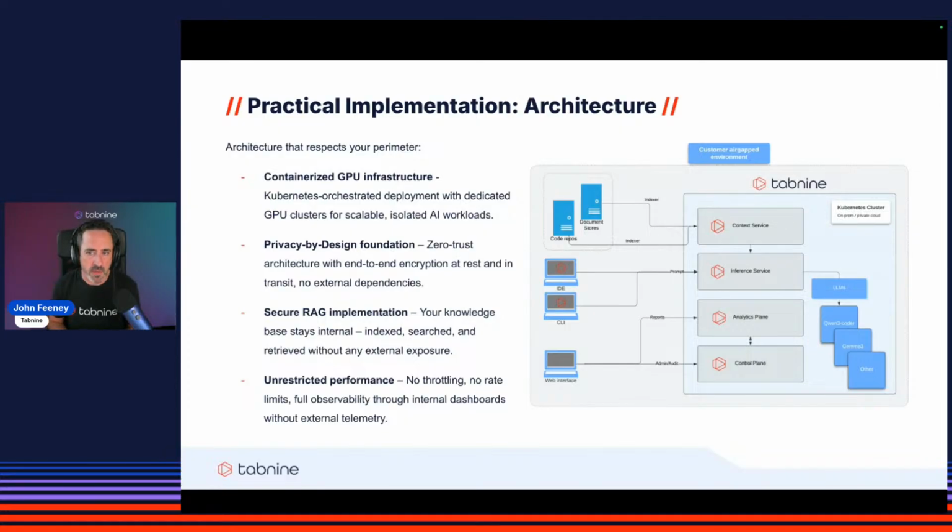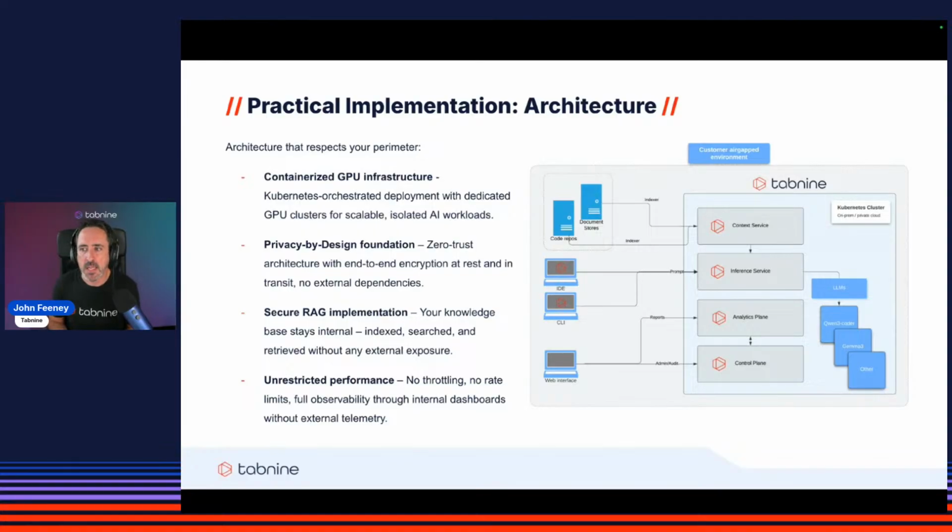The GPU cluster is very often dedicated to the AI workloads, as I said. This ensures not only predictable performance for generative AI, but also complete isolation from other systems. So this is a privacy by design approach, and what it means is that the security isn't bolted on, but it's built from the ground up here. So we're implementing zero trust principles in here, where every component needs to be authorized before there's any interaction between them. All the data, of course, is encrypted at rest. Typically, it's encrypted in transit as well. I know we use TLS 1.3.